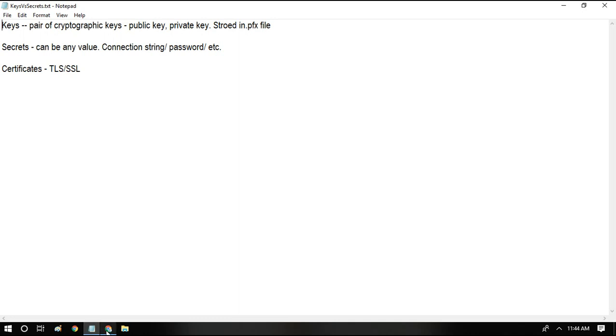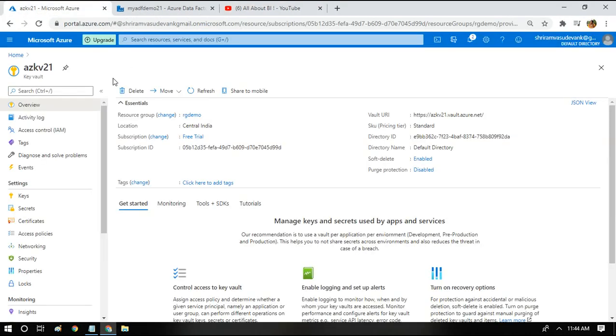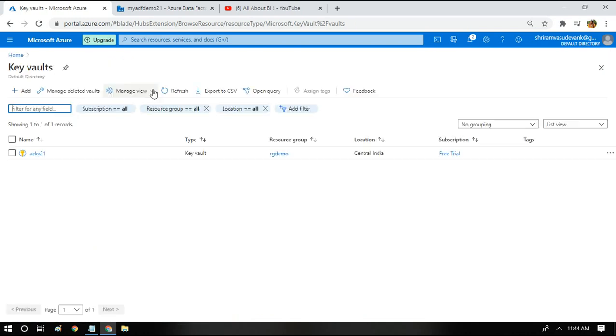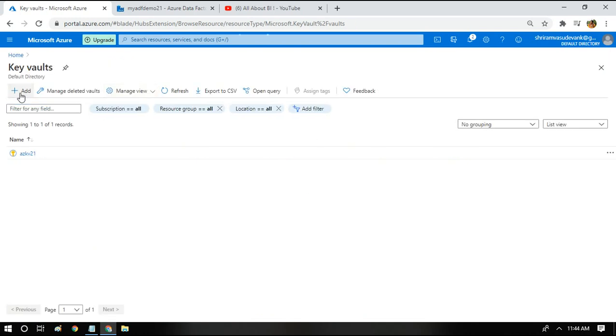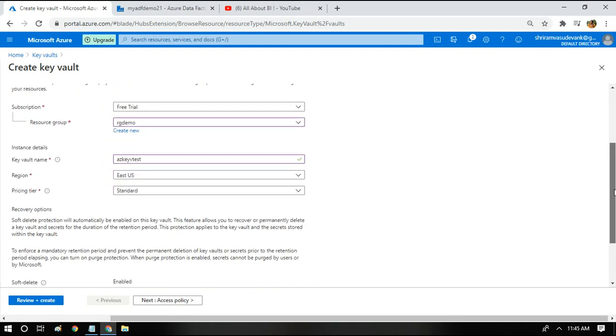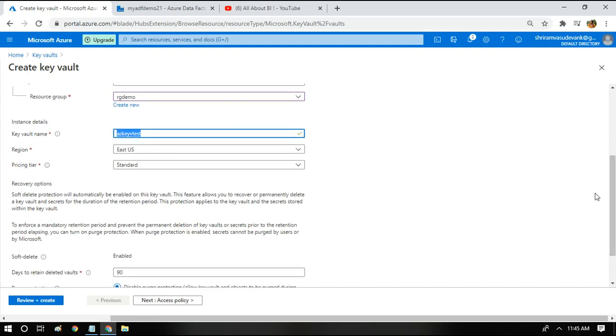Okay, now I'll be taking you through how to create one. Go to portal.azure.com and then if you go to home, search for key vaults, you will be having this icon. Inside that, click on add to create a key vault. So it will be asking some basic details. So when you land into the Azure Key Vault add page, you will be giving the resource group name to be used and a name for the key vault, and the region, pricing tier and all. Okay, and these are all very common for any other service in Azure.